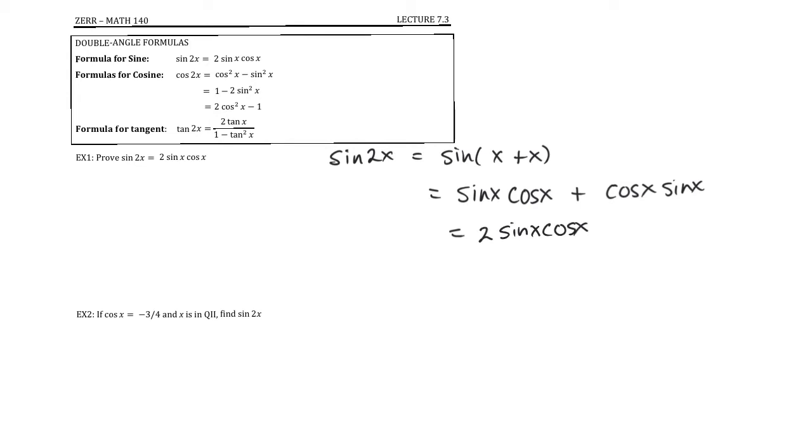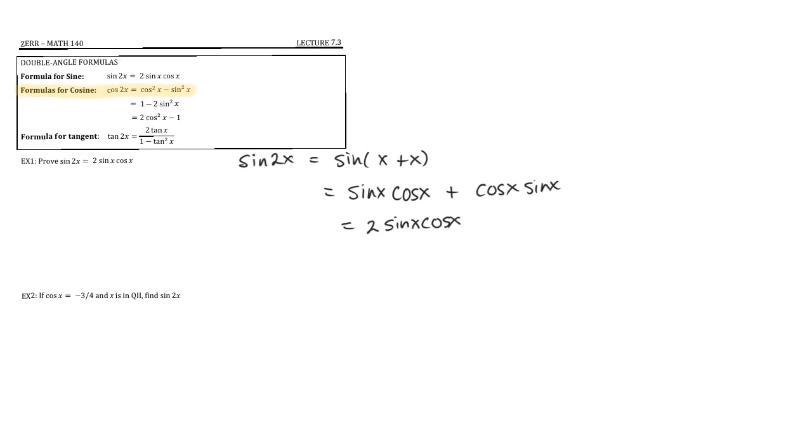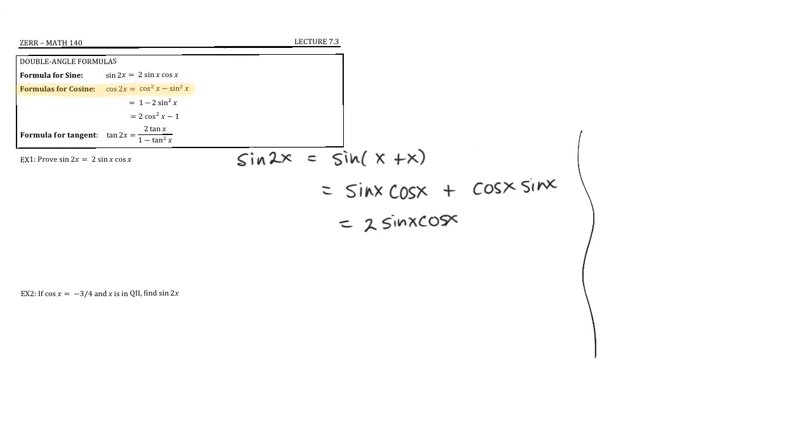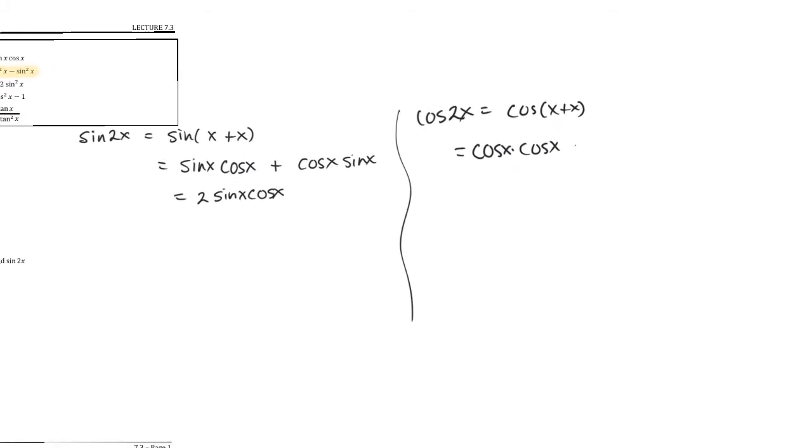Okay, we can do a similar kind of proof for the formulas for cosine. So let me just show you that. We want to show that cosine of 2x is equal to cosine squared x minus sine squared x. Let me just show you how we go about that. We've got cosine of x plus x, and then we'll use our sum formula for cosine: cosine of the first times cosine of the second minus sine of the first times sine of the second. So that's the top,